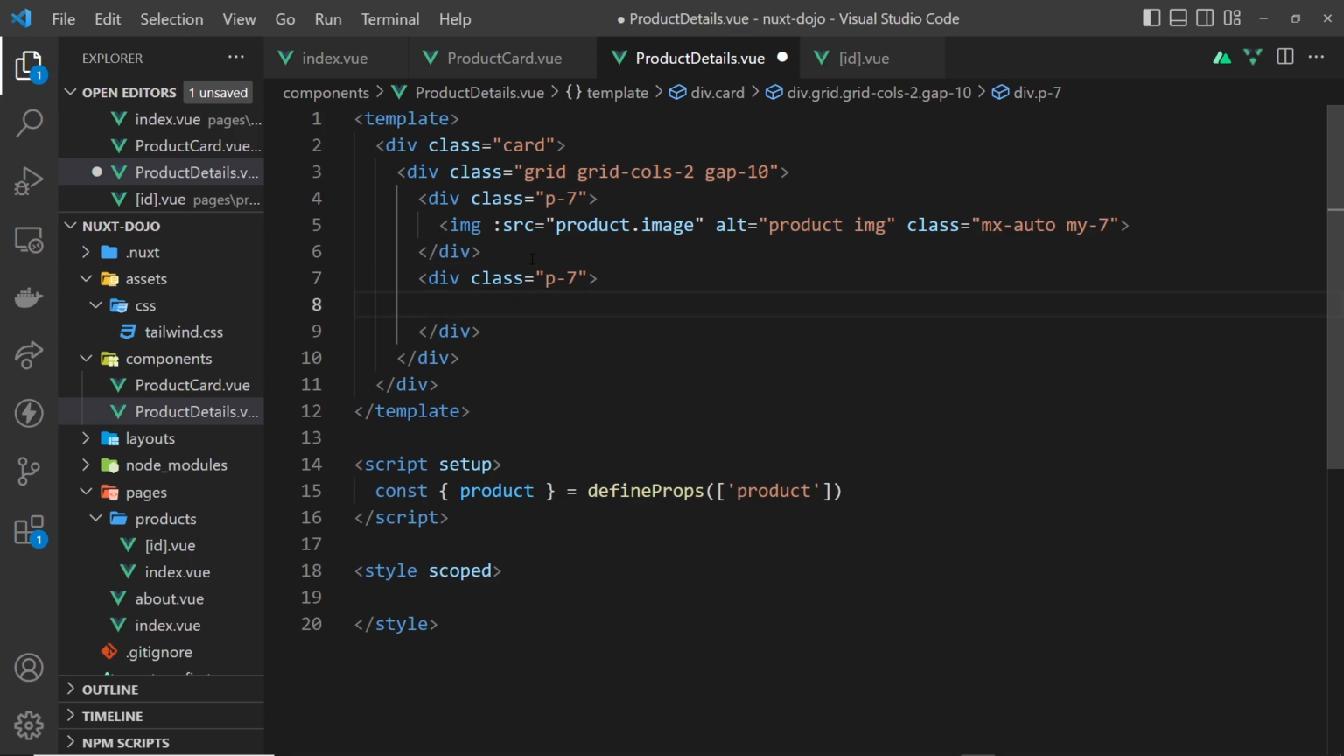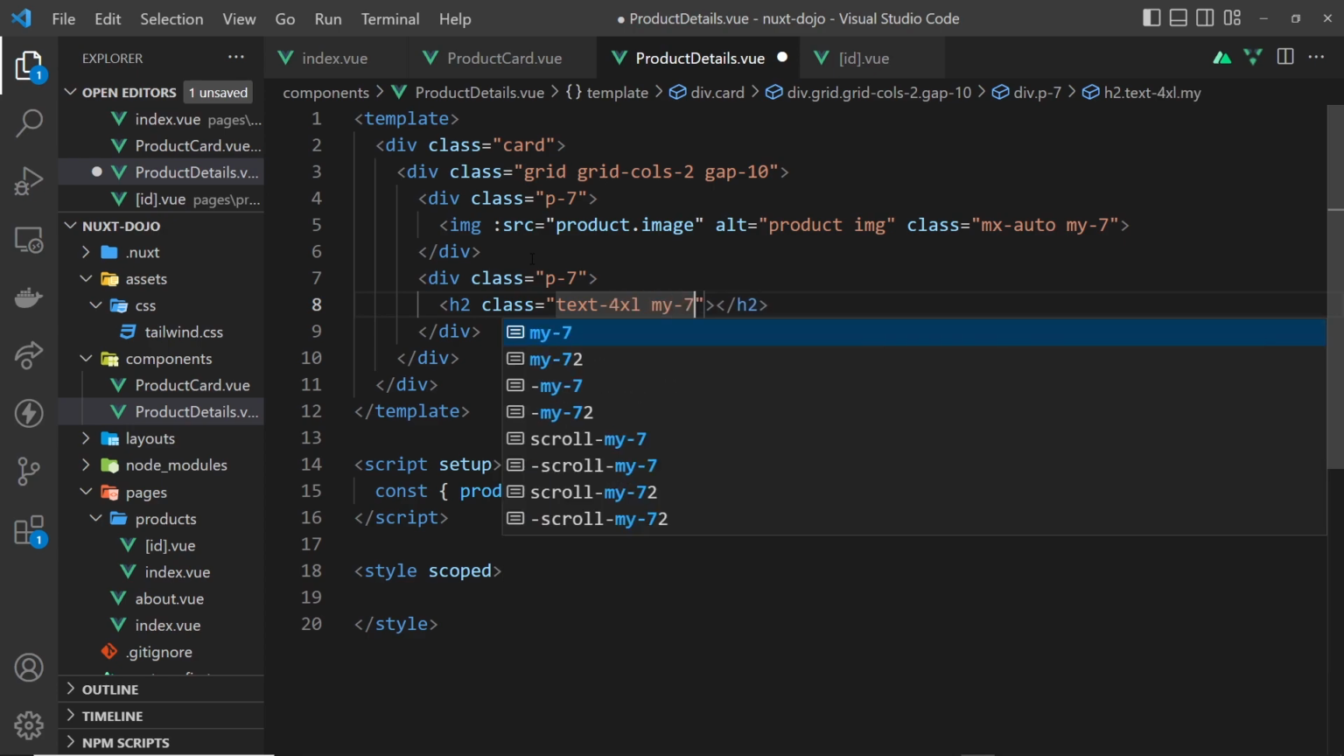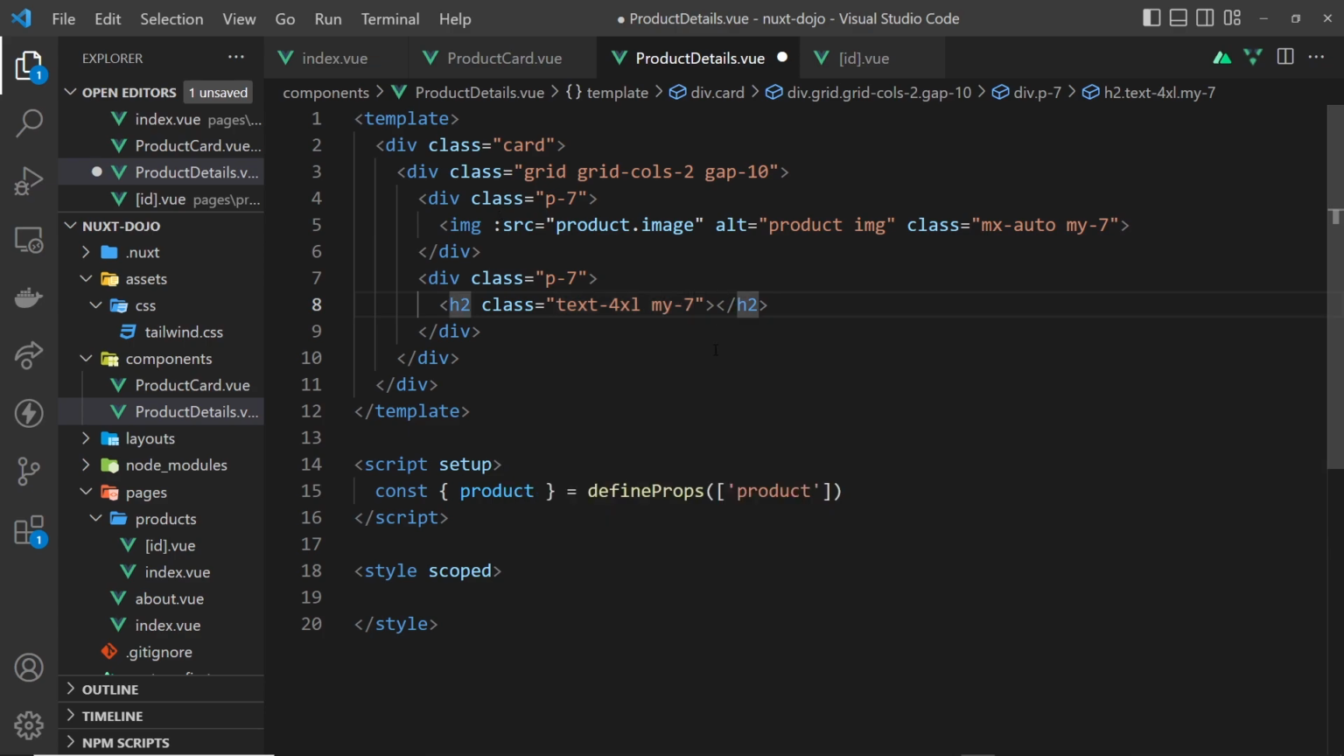All right, so inside here, we want to output the product title, the price, and maybe the product description. So let's do an h2 for the title first of all and apply some classes to this. So I'm going to apply text-4xl and then my-7 to give it some margin in the y direction. Now, if you're just joining on this lesson, by the way, you might be thinking, where are all these classes coming from? Well, before we installed Tailwind, so these are all Tailwind classes. So let's output the product